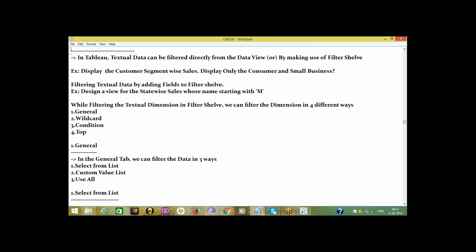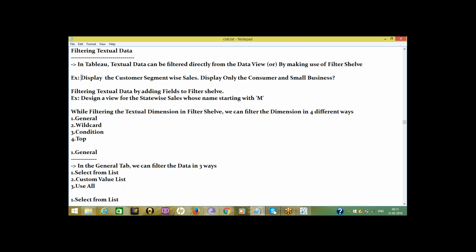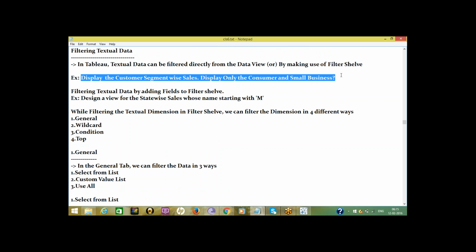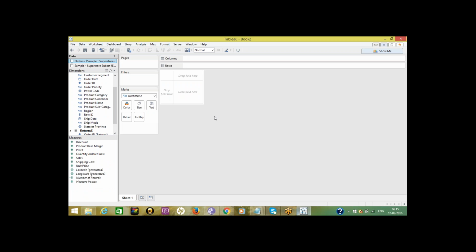Let's take an example for filtering. Display customer segment by sales, and here I want to display only consumer and small business.